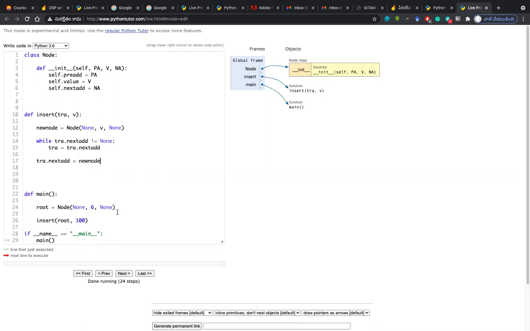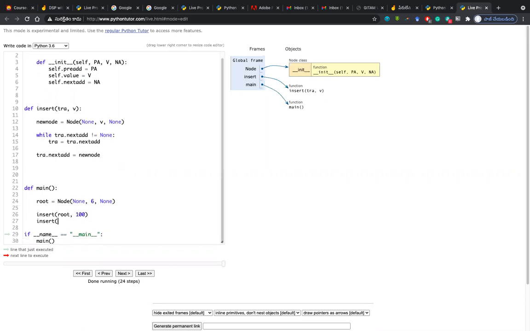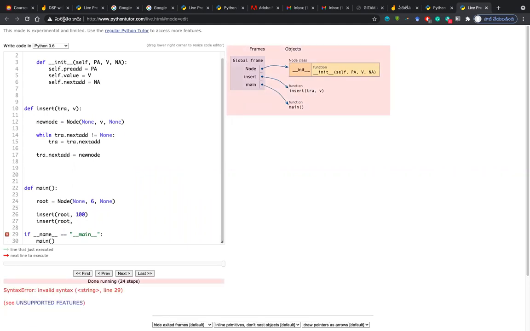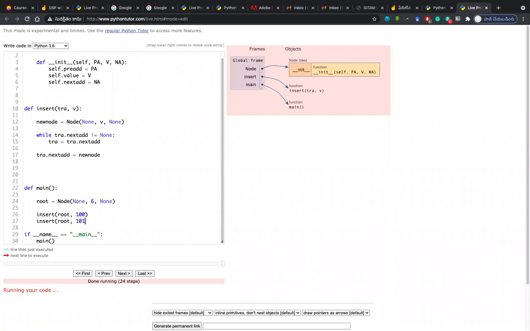Now let us see whether it is inserting or not. Let me insert some other things like insert. I even told you the advantage of why we are using functions like insert. Why can't we directly write everything in main? Because we have repeated statements and also our root is being completely moved away, we are losing the first elements. We are losing the link for the first node. So that is why we always keep the root there in the first node, create a duplicate called traverser and move the traverser from the root to the last node. But still root is holding the first node. Remember that. So this time 101,